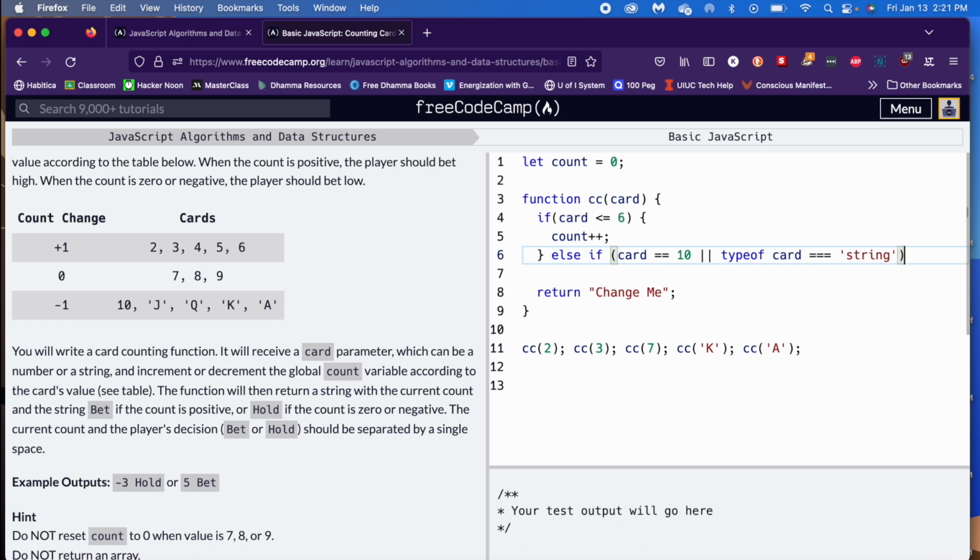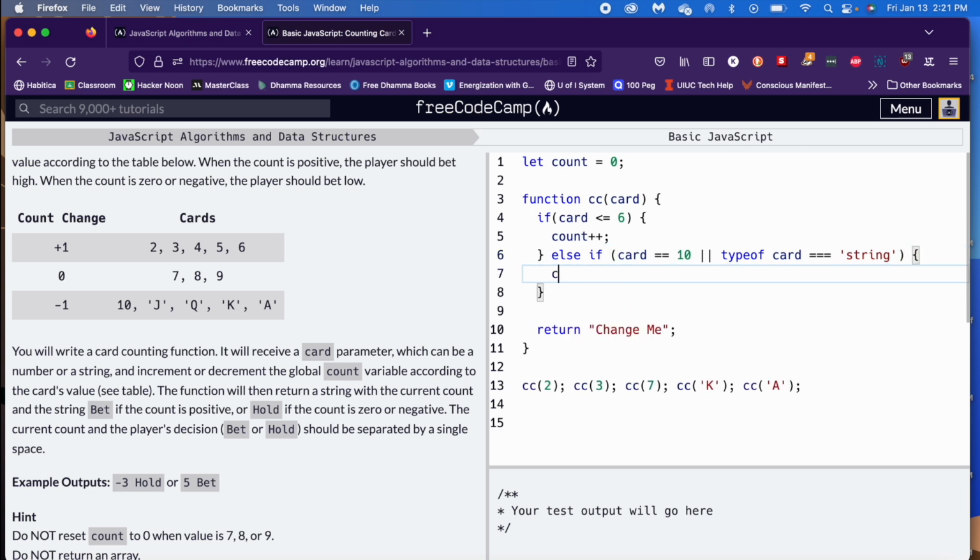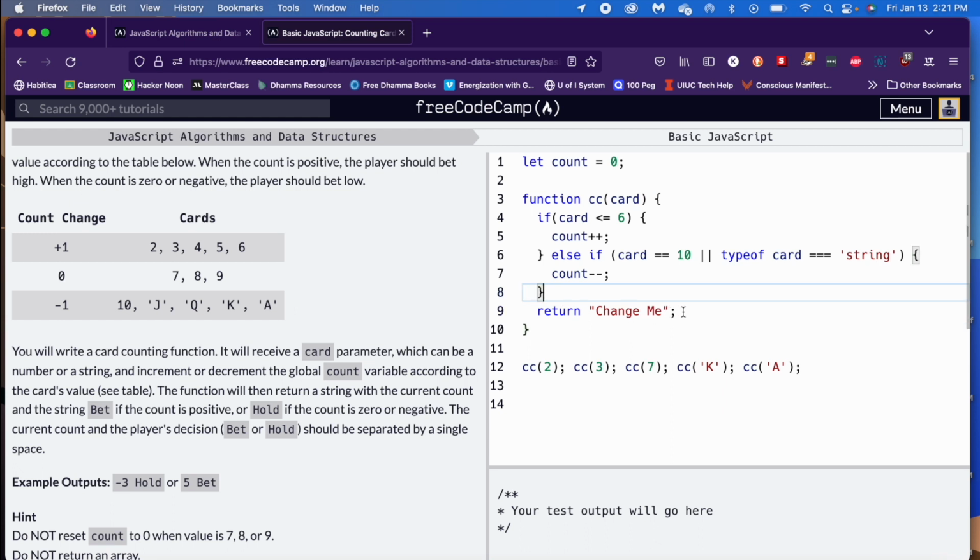Then what are we going to do? We're going to count minus minus. So essentially we want it to catch the strings. So typeof card, if it's a string, then we want it to catch it and decrement it. So typeof is hard-coded into JavaScript to be able to tell if that card is a string. And then we're going to decrement it. And then at the end, instead of return change me, we're going to change it to